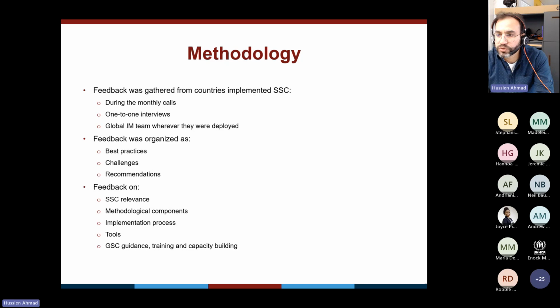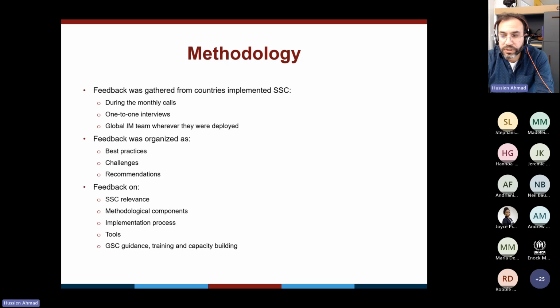For example, in Somalia, we had that experience ourselves because we didn't have a dedicated IMO in the cluster in Somalia. This feedback was organized as best practices, challenges, and recommendations coming out of those rounds of discussions and interviews,